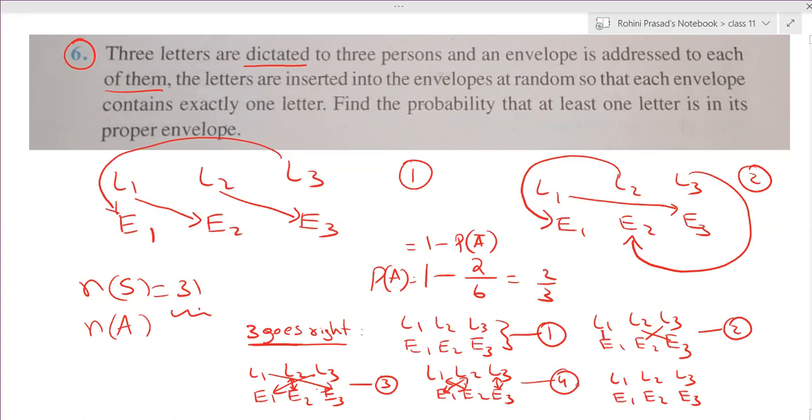And in this case, none of them go correctly, all 3 go correctly, we got, and then one of them goes correctly, 2 going correctly is not possible, and then no other case exists. Yeah. So you got all the 4 possibilities. So the other 2 possibilities are unwanted cases. So directly the favorable cases you can calculate, and the probability here you can directly write as 4 by 6, which is equal to 2 by 3.